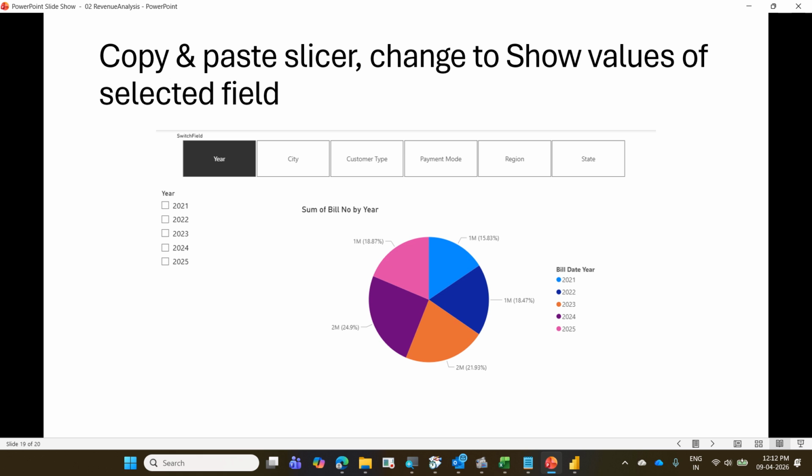Show value as selected field. Show value of